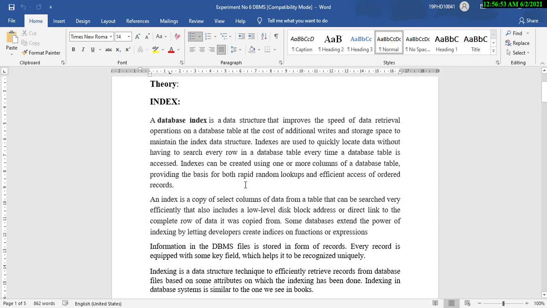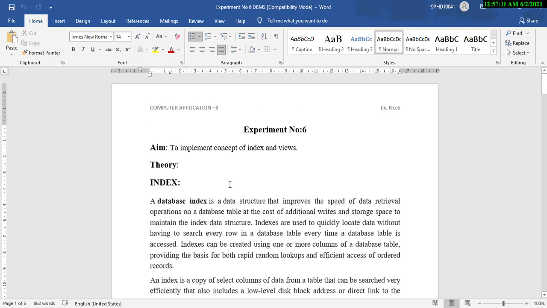So indices are the set of index files that we have to store, and those contain data about data, meaning metadata. So where the data is stored and what is the memory location of that stored data. So indexes make it very easy for us to retrieve the information that is already stored.